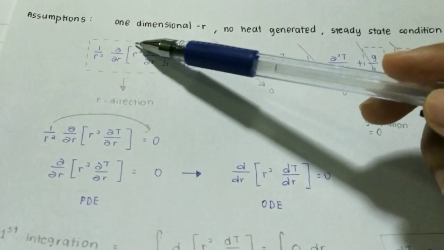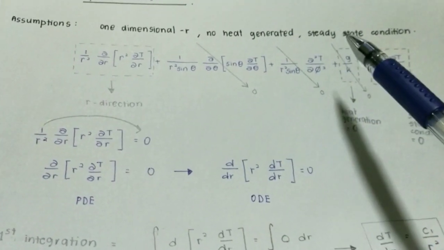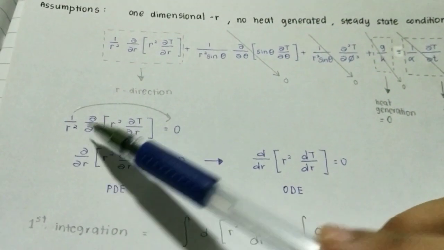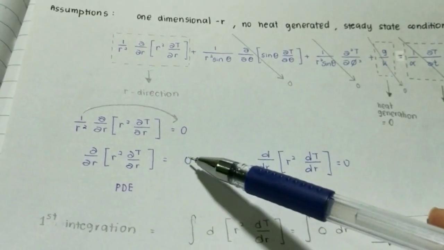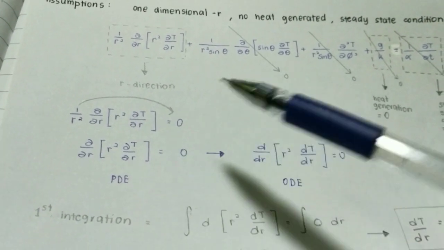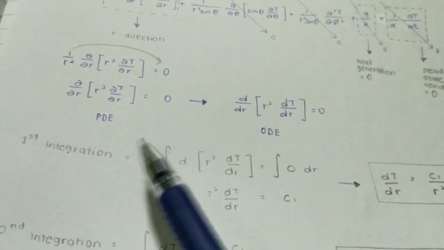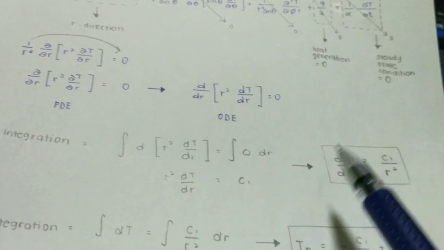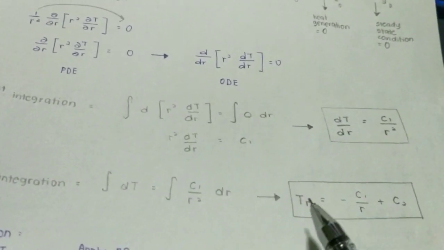So from here we can get the equation of this. It is equal to 0 since it is in steady state condition. So move 1 over R squared to the right side, it will give 0. And from PDE we can convert to the ODE. So we will do the first integration and I get this equation, and for the second integration we find T(R) equals